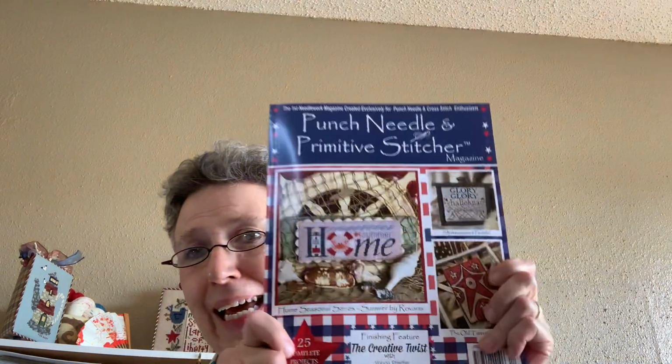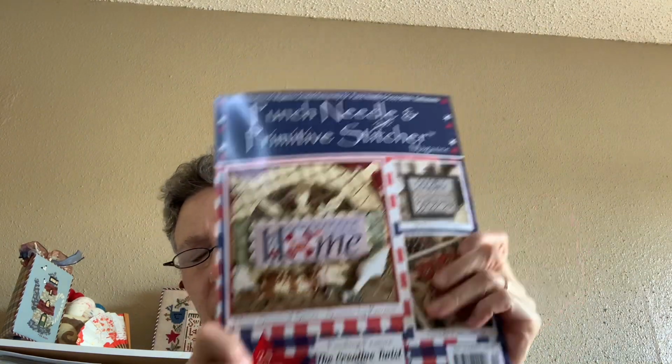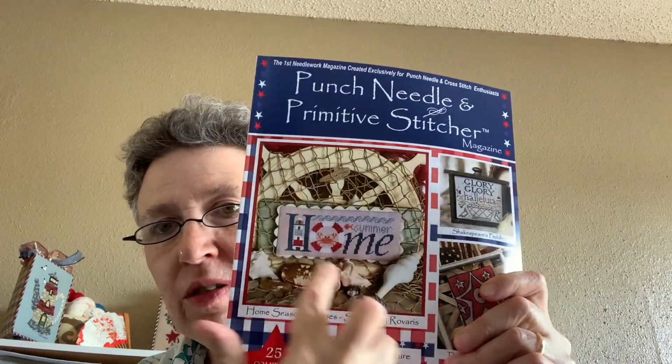And then the other thing I got at Judy's, the latest Punch Needle and Primitive Stitcher. I actually get this digitally also, and I didn't realize it had been made available, because when I checked a couple weeks ago, it said that the digital version would be available in mid-May. It was already past mid-May, but it wasn't available yet. So I need to go download it. But sometimes it's just fun to get away from your computer and look at pretty pictures. So I definitely want to do this one